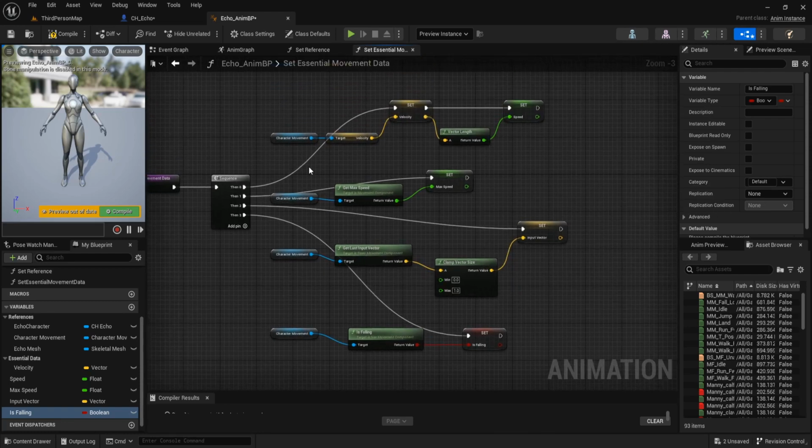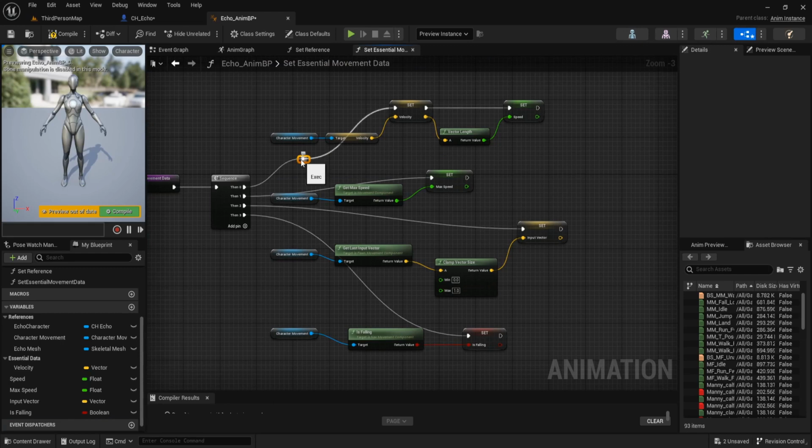And we can double click on this line and move this to make it cleaner.